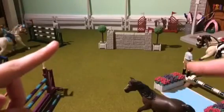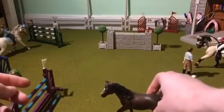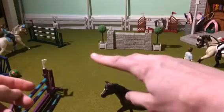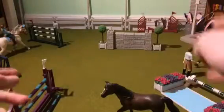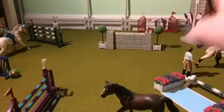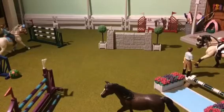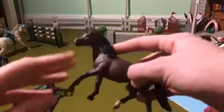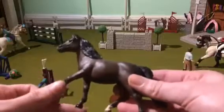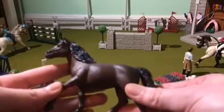So I'll be doing a new series about this mare right here, and she is kind of new to the barn, and her rider and her have come from a different barn, and they come to this barn and they start doing lessons here, and there's a big show coming up at the end of the year that the barn holds. And she ends up having tragic flashbacks of her past, and she kind of realizes that she can't do any of the jumps and everything, and then people start to bully her for it, and she fails all the jumps,